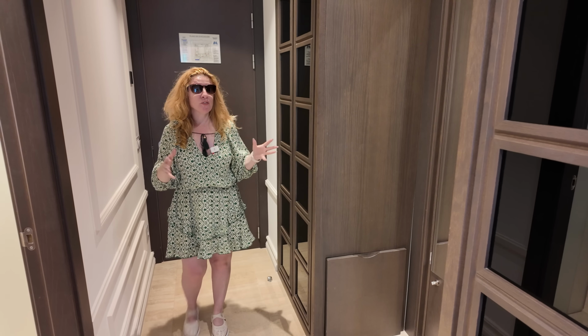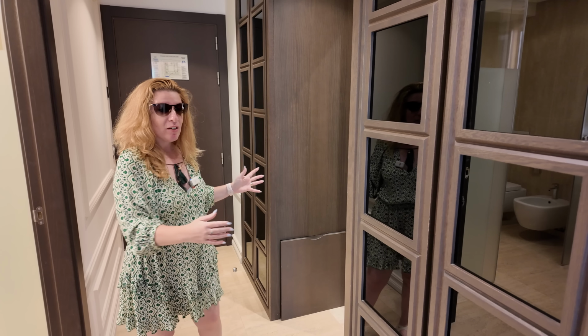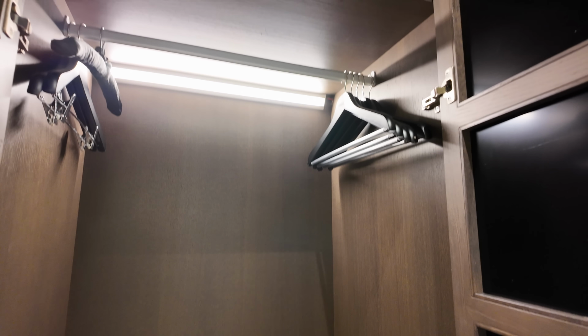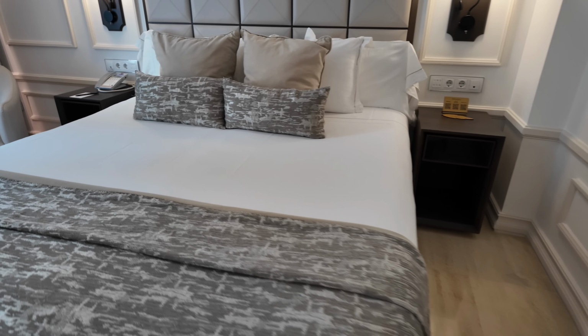In the entrance hall, you've got these fabulous wardrobes, really are beautiful, and this gorgeous long full-length mirror. And in this wardrobe, you've got your safe as well, so you can lock all your treasures away whilst you're exploring Malaga. Now, coming into the main bedroom area, we've got this beautiful, huge king bed, and the decor is